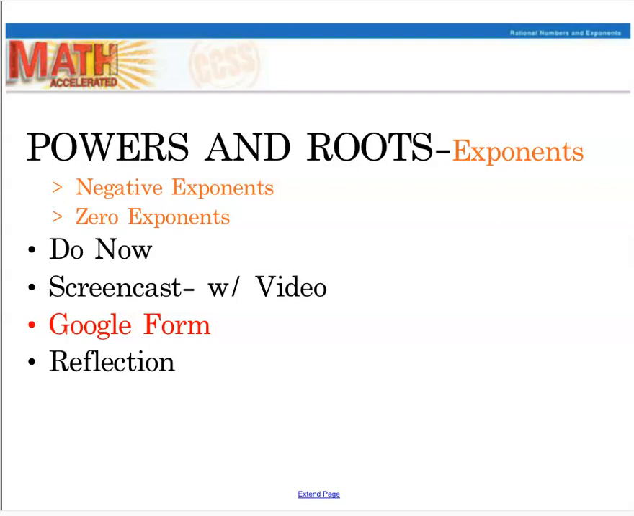Good morning. So now we're moving away from geometry. You will not have to do IXL on surface area or volume. We're going into powers and roots, talking specifically about exponents. So today we're going to focus on negative exponents as well as zero exponents. As always, please complete your do now, watch this screencast, complete the Google form, and then complete your reflection when